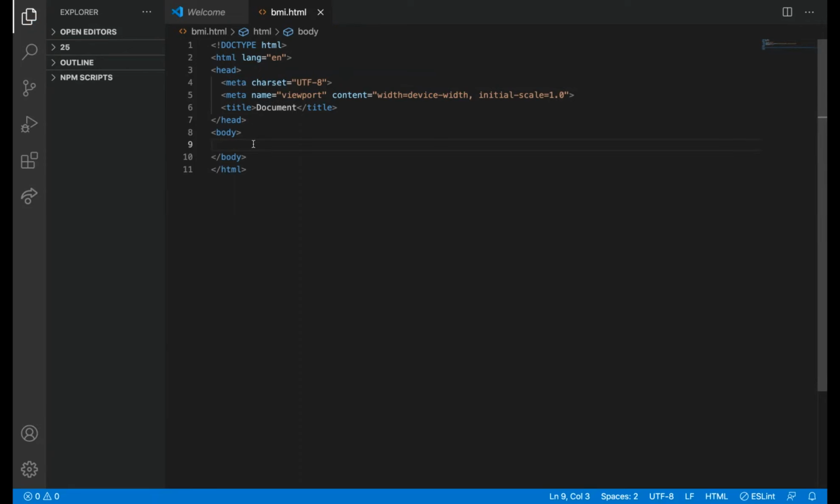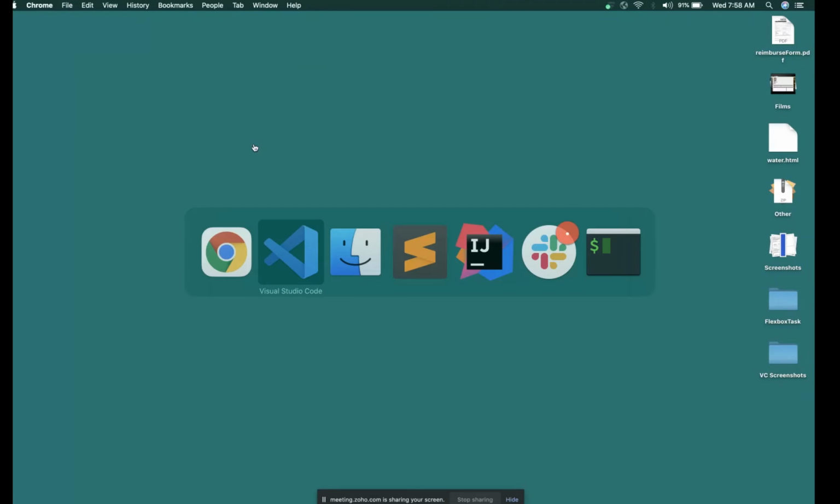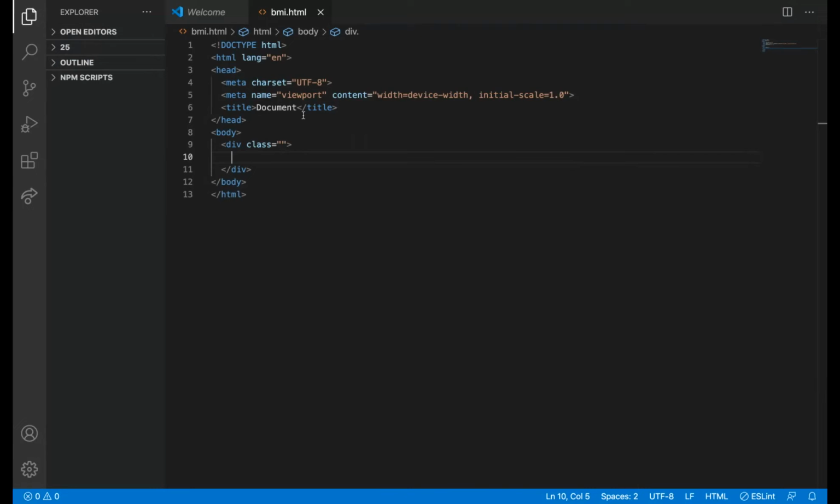I'm not prepared for styling, I'll just give my own styles. I'm a little poor in UI, but I'll try. BMI calculator.